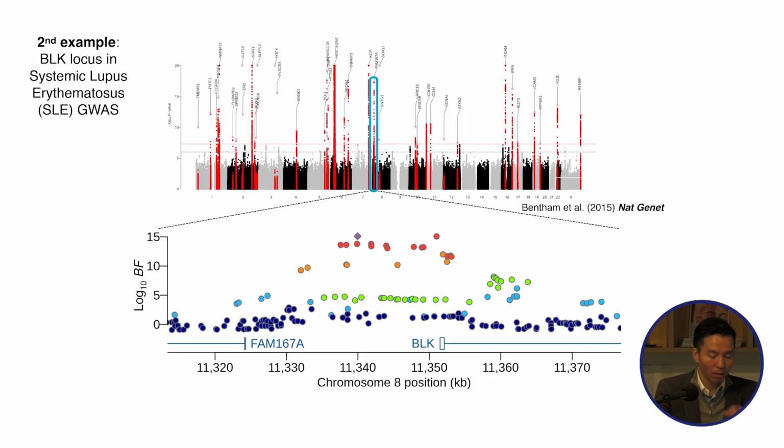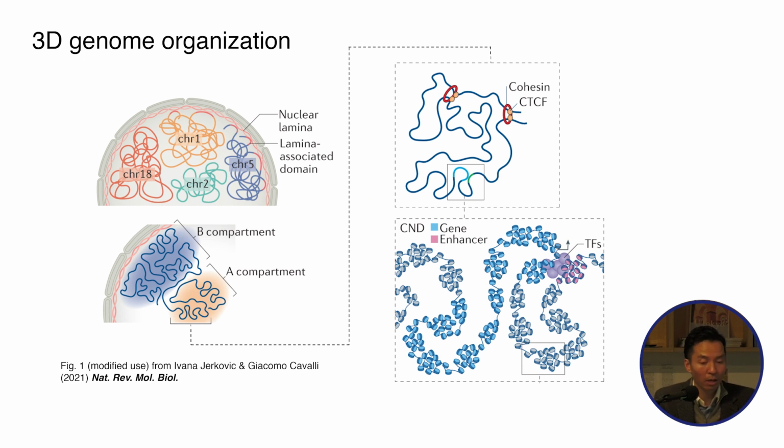So then let's move on to the next example, which is a BLK locus discovered through systemic lupus erythematosus genome-wide association studies. So this locus is also known to be associated with other autoimmune diseases such as rheumatoid arthritis or Kawasaki disease and so on. There are multiple non-coding variants associated with SLE, and those are located in between 2 genes, FAM167A and BLK. To understand the mechanism underlying this locus,